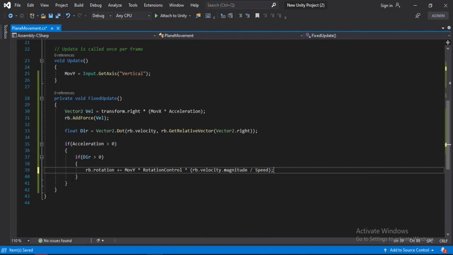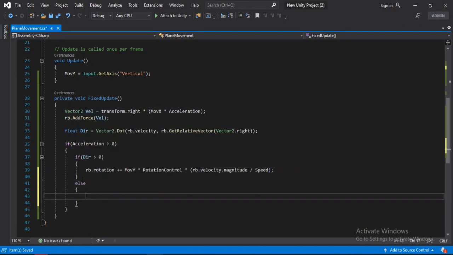Alright, and else if it is less than 0, then we will just copy and paste this here and replace it with a minus here. Alright,